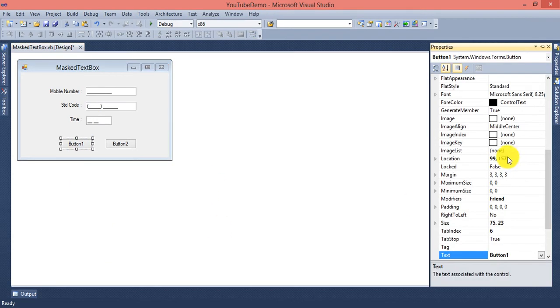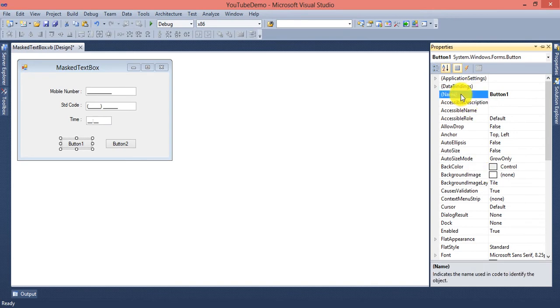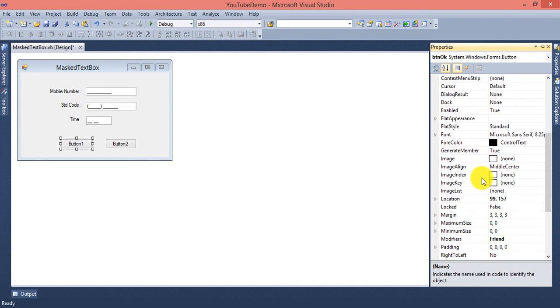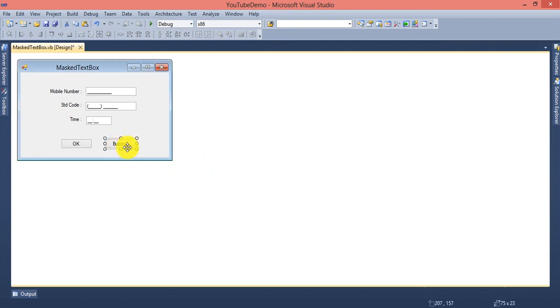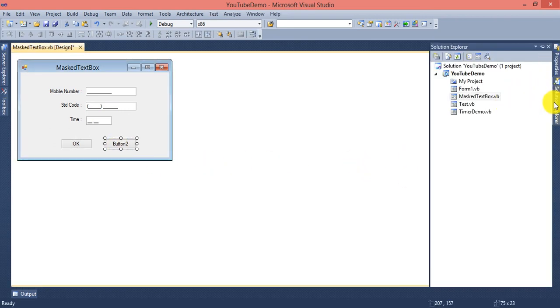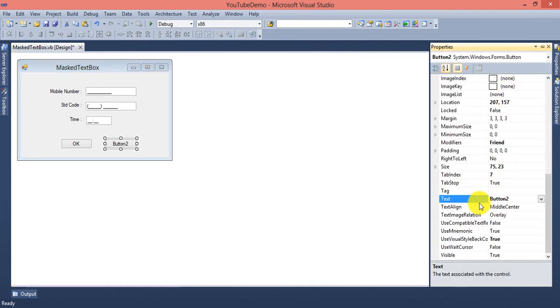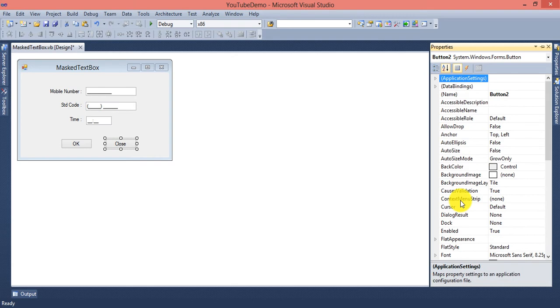So first button, I'm just giving the name btn. Okay, so whenever I click on this button, it will display the whole information, mobile number, STD code and time in a message box. And this button is for closing, so close, and it's a button btn close.